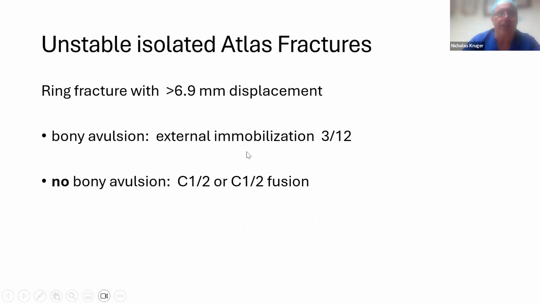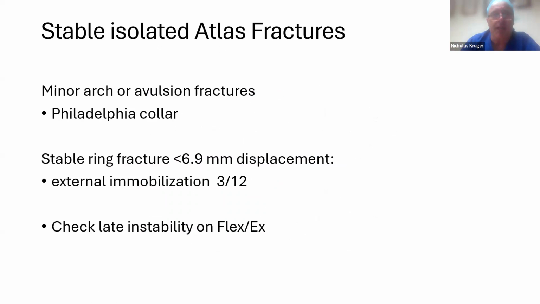This is another algorithm. So the bony avulsion is expected to unite, so you can immobilize it. We don't have external immobilization, we don't have halos, so we treat them in cones. If there's no bony avulsion, a C1, C2 fusion, that's probably correct. But if you've